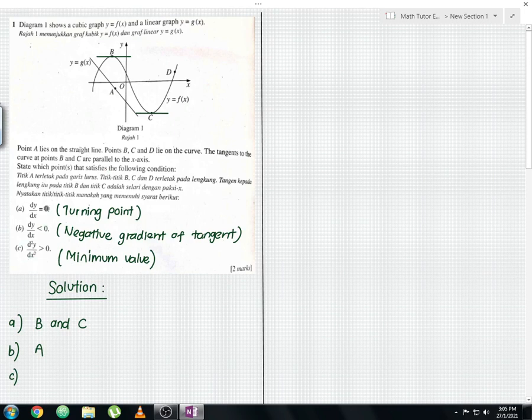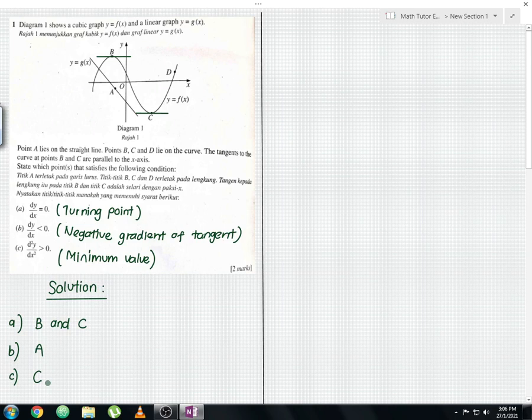Okay, so let us continue. How about point B? At point B, if you do the double derivative, you won't come up with this condition, but it will be the other way around, where d²y/dx² is less than 0, where we would be looking for the maximum point, which in this case we don't want. How about point D? Point D also is not possible. In this case point C will be the most appropriate answer. Point C gives us the best answer for this condition where d²y/dx² is more than 0. Okay, let me write the answer properly.